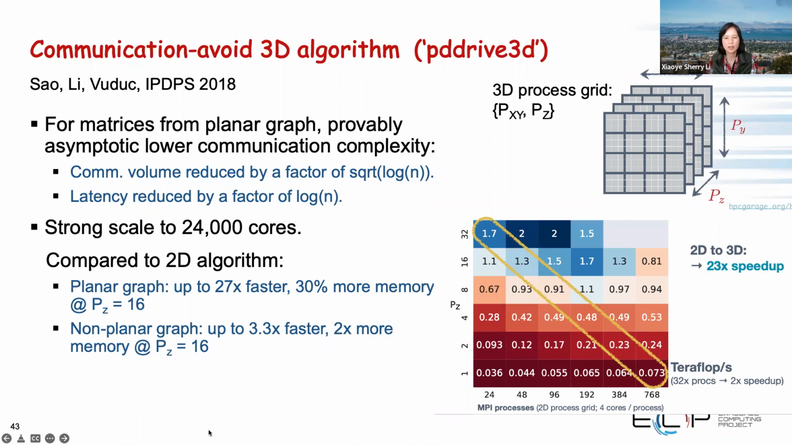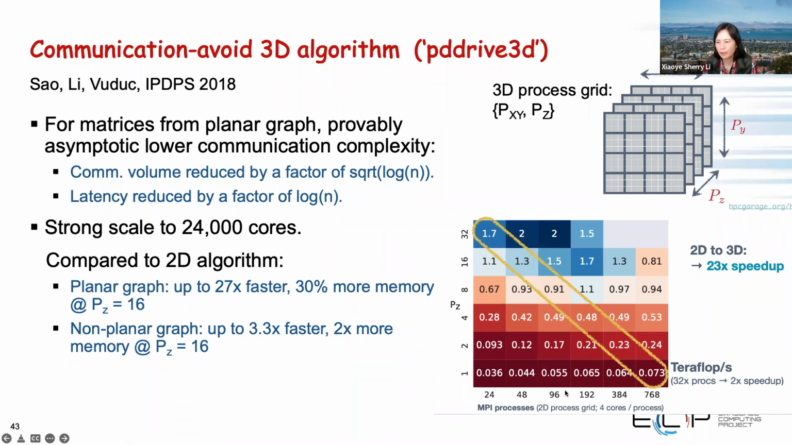So our next step is for each separator, we have to do a 3D algorithm. That's the future work. But still, if you look at this picture, it shows the teraflop rate. And this picture changes the organization of the 2D process grid and the third dimension. Along the diagonal here, I'm using the same number of processes, but I'm just trading off PZ